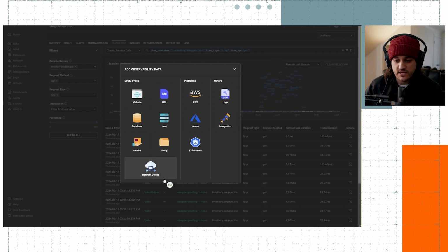So you'll notice when I click on this Add Data button that I have this network device entity type option. The network device area here is going to show me how to deploy a network collector to a Windows host so that I can go out and discover other network devices and even hypervisors or hosts over things like SNMP or WMI. I can also gain NetFlow traffic, and there's also a NetPath feature through this area.